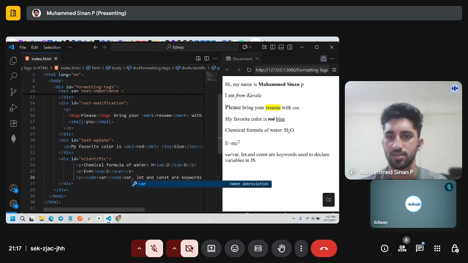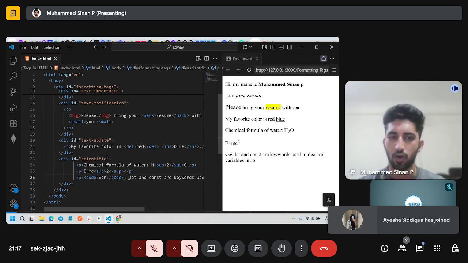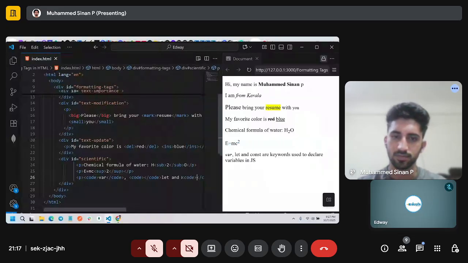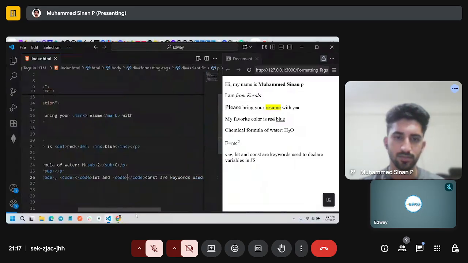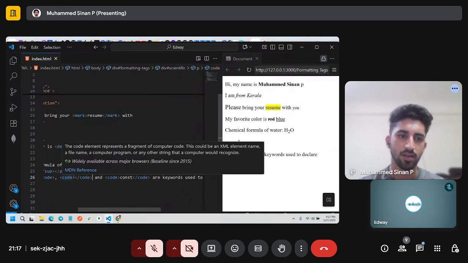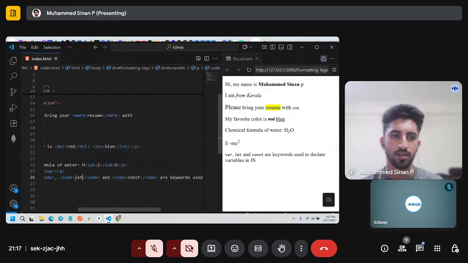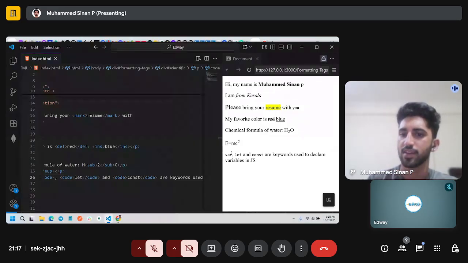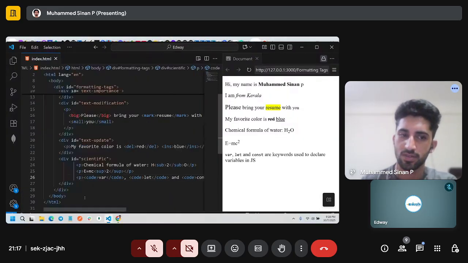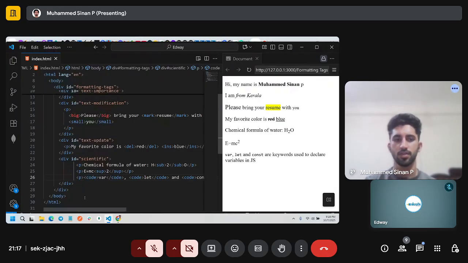So you can make normal text look like code. Now if you look at the example, you can see the var, let, and const keywords' appearance changed to look like code. So that's another formatting tag you can use in scientific or technical areas.